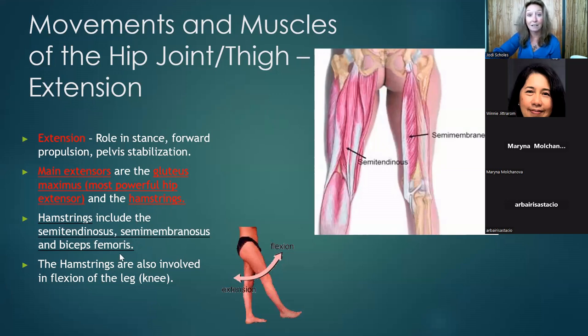Yes, femoris, the femur: the bicep on the femur. Technically, this bicep is called biceps brachii. This is our brachial plexus. Biceps brachii. Biceps femoris